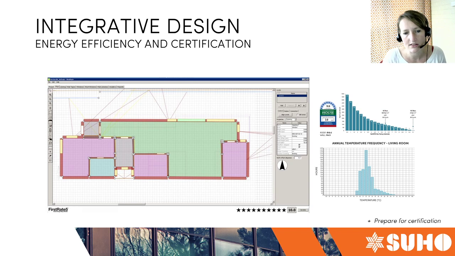And that's what is done in Australia with another software. So whether it's First Rate 5 or Accurate, you actually enter the design of the house and give a sort of